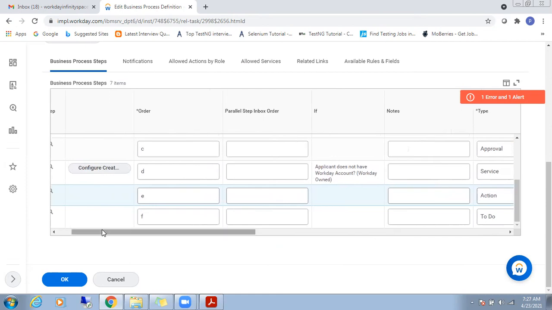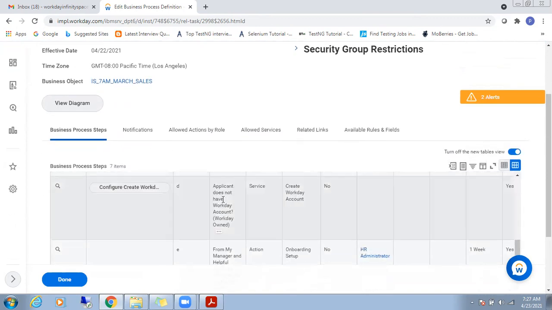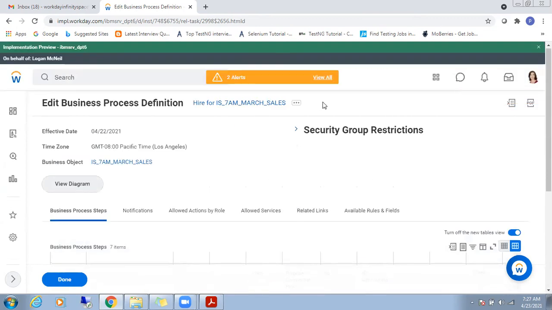Okay. Now let me close this. We can do some actions, but we cannot go for approval after completion steps. Okay, clear? Now, let me do some more actions on this existing business process.